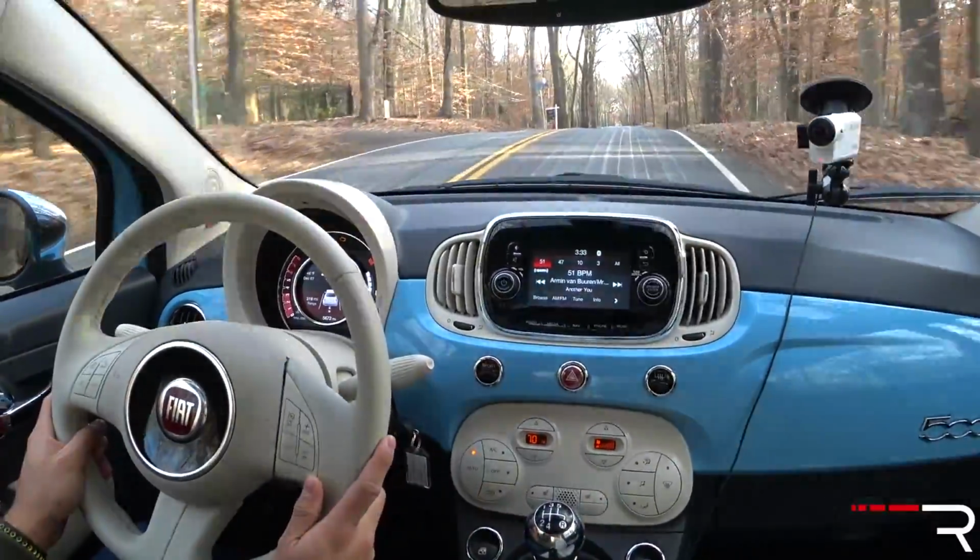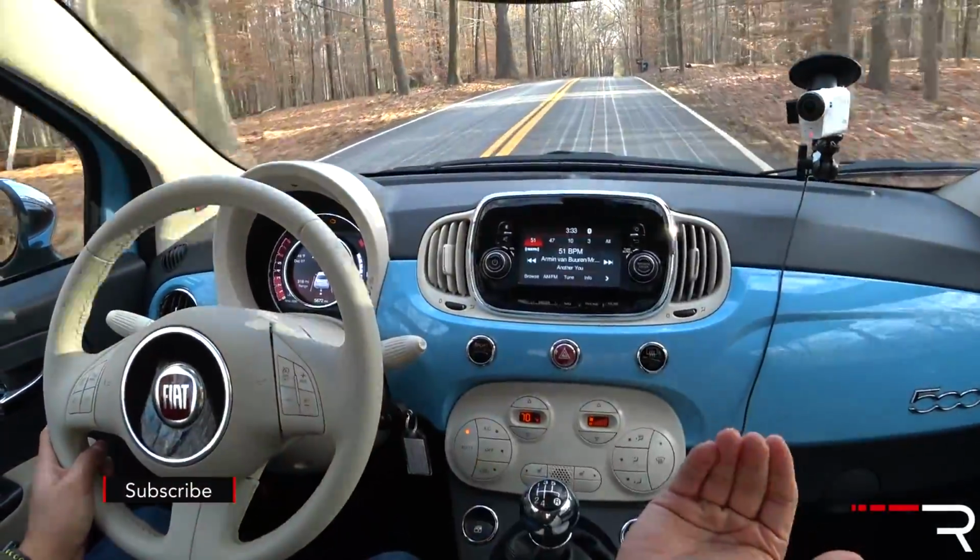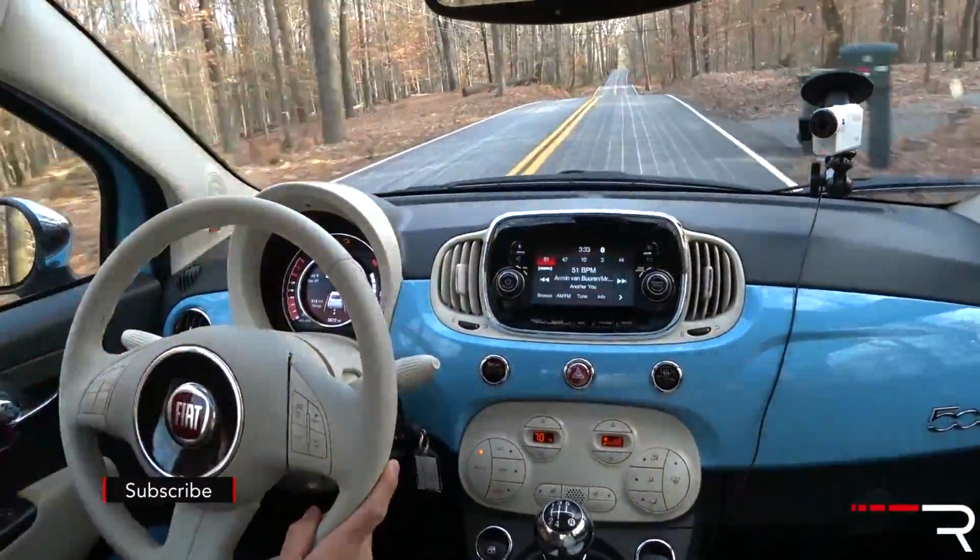It's much more tolerable. Now, the handling of this car, again, as I said earlier, it's a little tippy feeling, but it's very small, so you can see really well out of it. You've got great visibility, big side mirrors. Basically, you look behind you, you see the rear of the car. It's really easy to drive, especially in city conditions, which is good because this car offers no